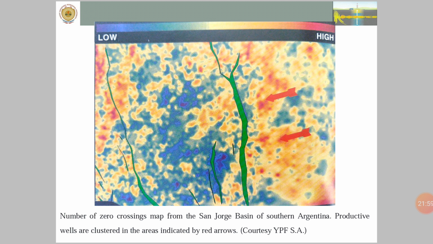Attributes do not mean that there is a 100% chance of hydrocarbon presence, so they have to be used with caution. Some exploratory wells need to be drilled first in order to validate the attribute aspect,